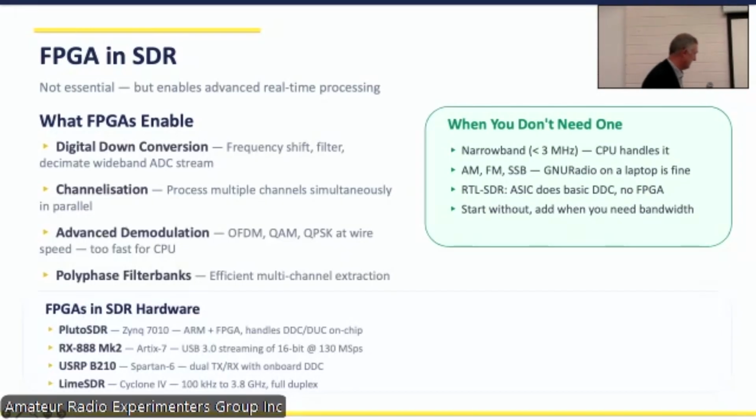So as we look at the different types of ones down the bottom here, the Pluto SDR. Pluto is a very popular development. There's a lot of it in education. So that's using a combination of processors, but there's Zynq 7010, which you'll see quite a bit around. It's one of the cheaper versions of the field programmable gate array. We will look at the other type in a minute. There we go, that one.